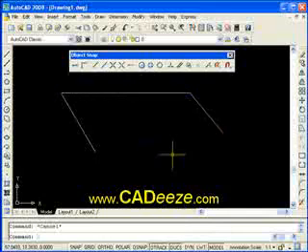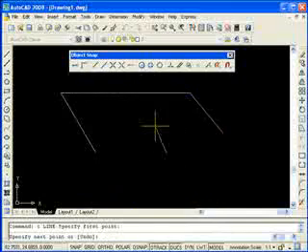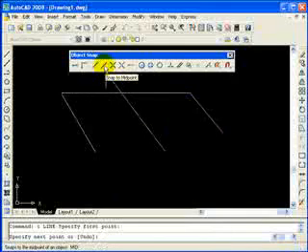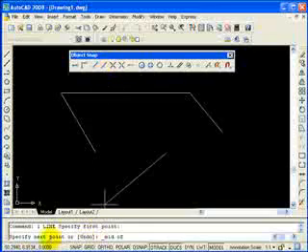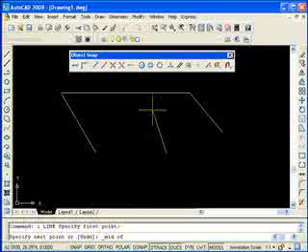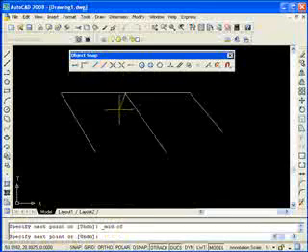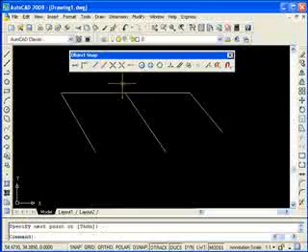I'm going to start a line right here, okay? And then this time I'm going to go to the midpoint object snap, or snap to midpoint. I'm going to click that. Now it says specify next point, and it's saying midpoint of. As I get close, my midpoint indicator comes up, which is a little triangle. And as long as I see that little indicator come up, I can click, and I know that I've hit